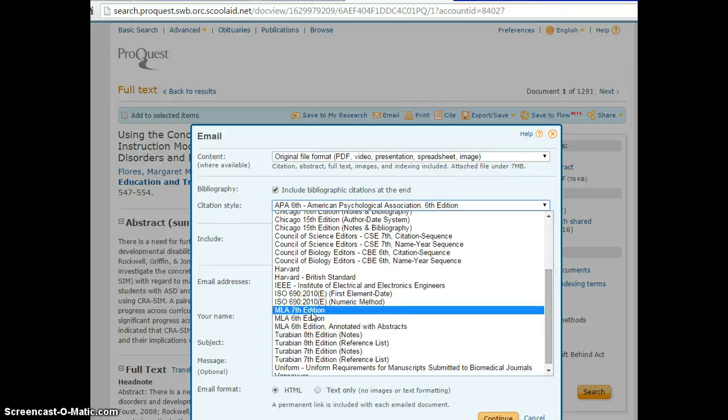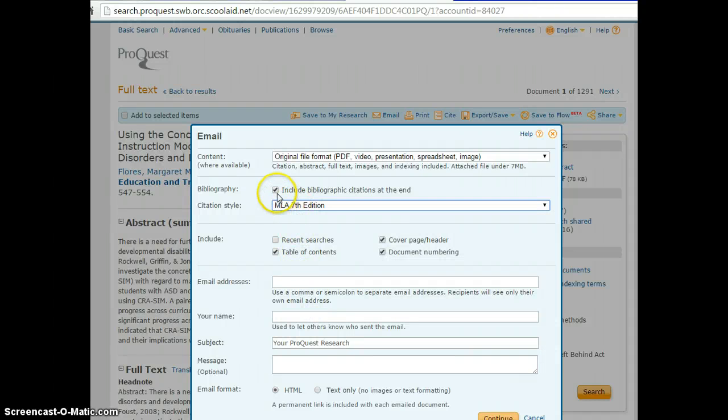Everything in your paper should be done in MLA 7 format. So you click MLA 7, you ask it to include it, you enter an email address, your name. You can leave it as ProQuest Research, however you want to leave that. You don't have to put a message in, and you would hit continue and it would send you the emailed